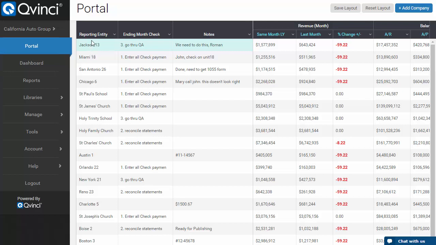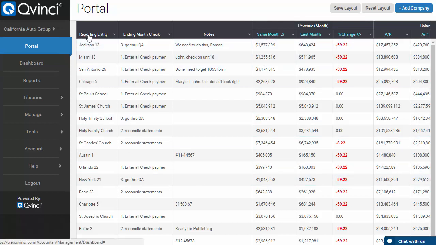And so you set up your clients or your remote entities in the system and link and sync the files. The sync will automatically happen in the background. The people that work at Jackson 13 don't have to do anything, realistically. They link their file one time and the data is going to automatically come over. And you and your staff are going to collaborate across the data across all these entities.